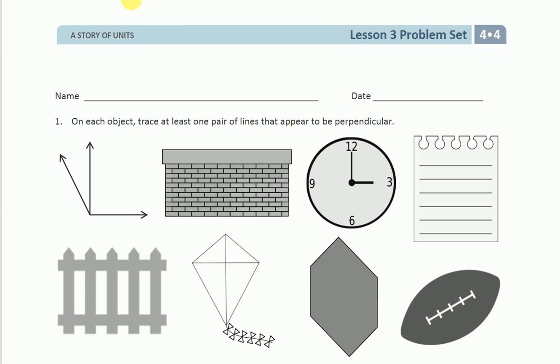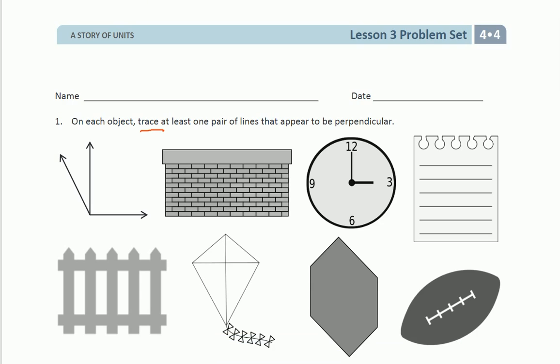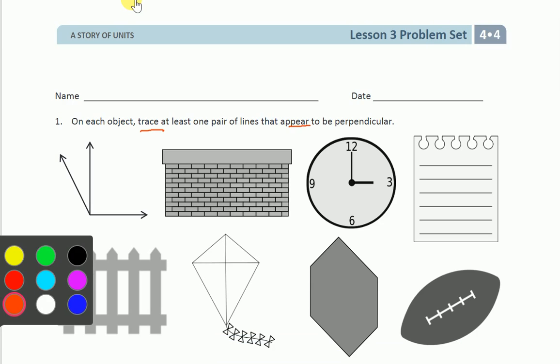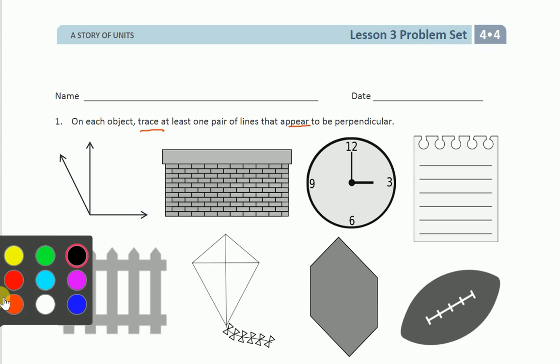Okie dokie, for number 1, it says to, on each object, trace. That means go over at least one pair of lines that appear to be perpendicular. Okay. Well, let's look at that first one. And the only lines here that I see that appear to be perpendicular are, let's see, those are going to be